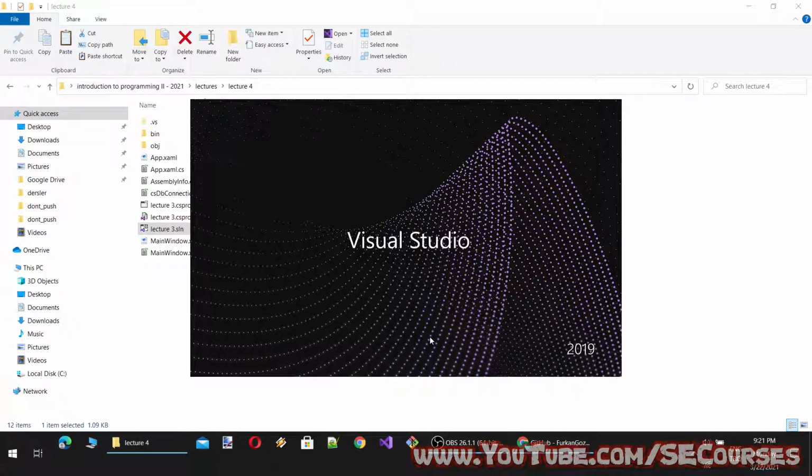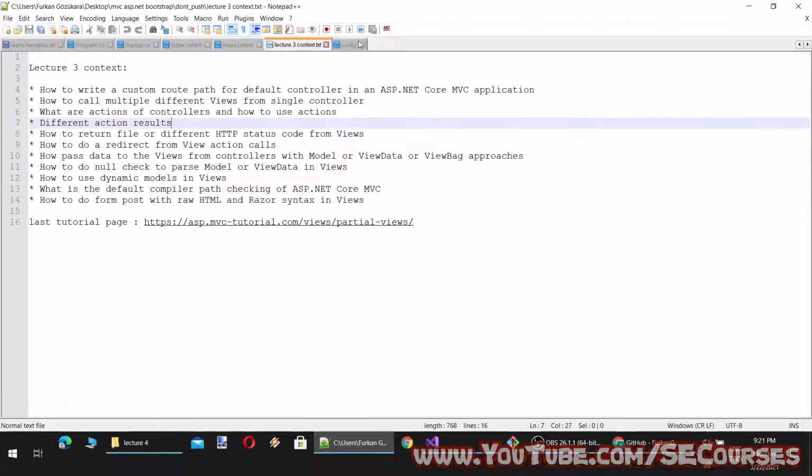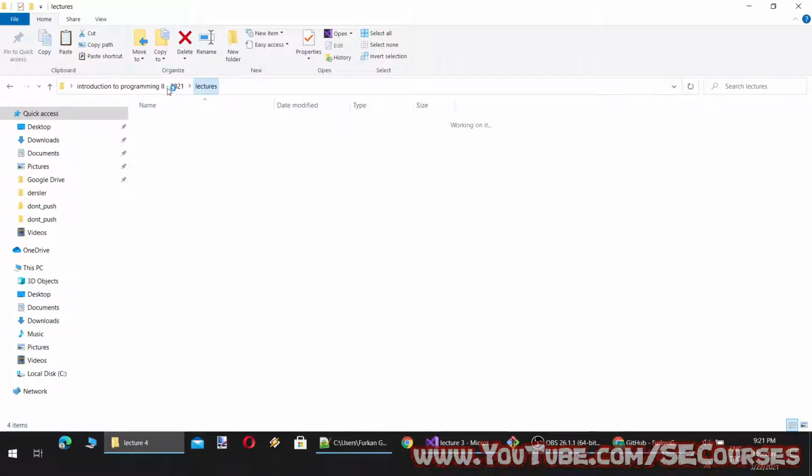So today we are going to see how to prevent SQL injection attacks, and I had taken some other notes as well. Let's open the notes.